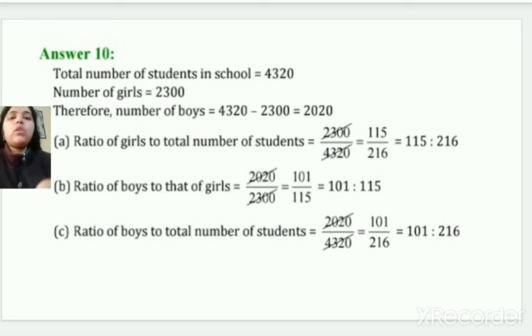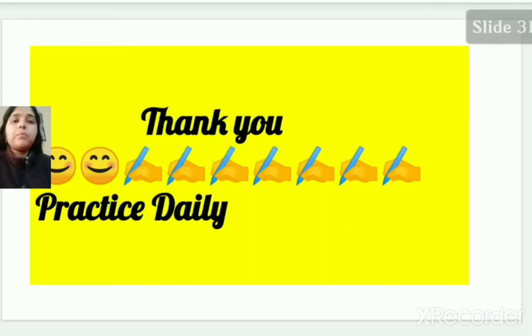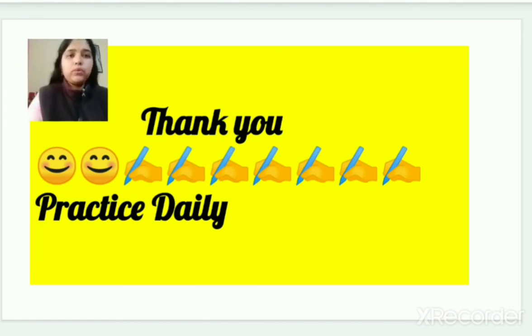So today we have discussed the exercise related to exercise 12.1, chapter 11. What you all need to do is practice daily what we have discussed today. It is going to help you find the ratio of numbers. Take care of yourself and keep on practicing. We'll meet in our next class. Till then, practice.